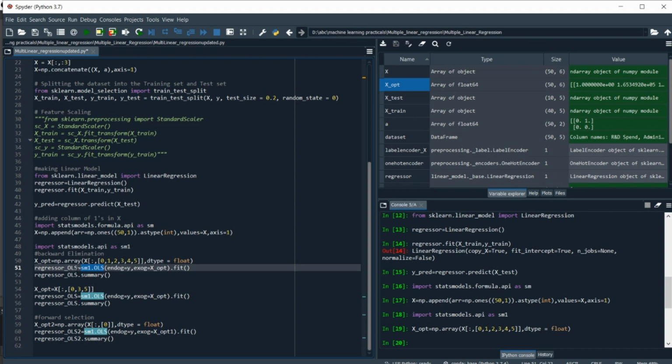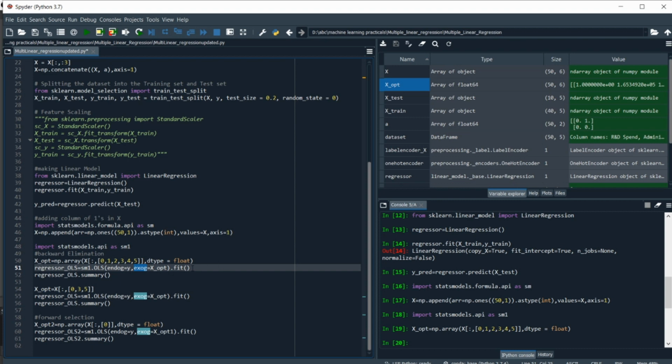As you can see, first we created an object regressor_OLS, and then we passed sm.OLS, and in it we used two required arguments, endog and exog. Endog is for the dependent variable and exog is for the independent variables. So in endog we passed y, and in exog we passed x_optional, our new independent variable collection.